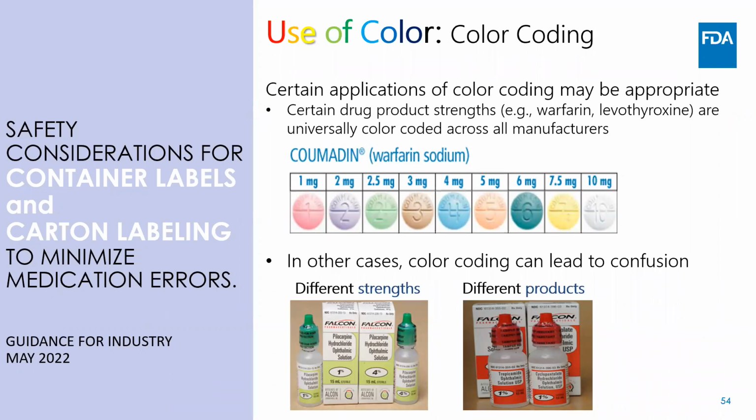One example where it has presented risks is color coding the caps used for ophthalmic products to distinguish a therapeutic class. Although color coding the caps is useful to healthcare providers in that field and some patients in identifying the therapeutic class of medication, it's generally not helpful to end users outside of that field. And in fact, color coding has made it difficult for users to differentiate between drugs within the same therapeutic class when the color code was used on the container label and carton labeling.